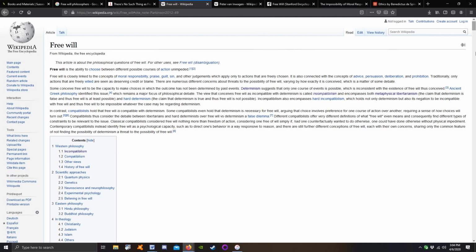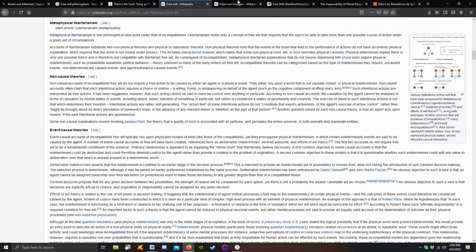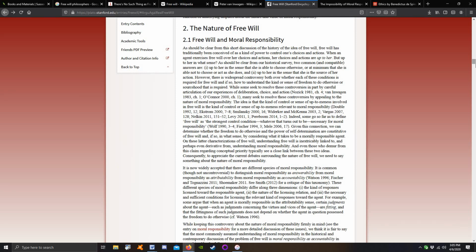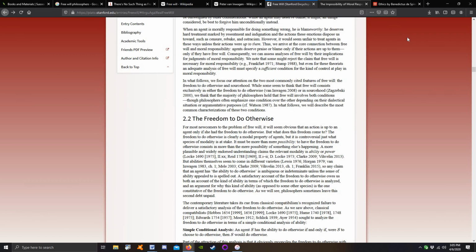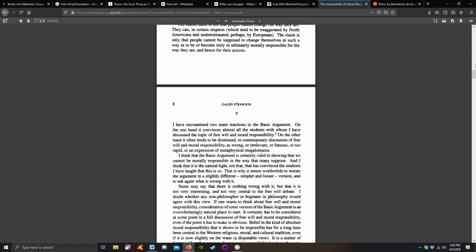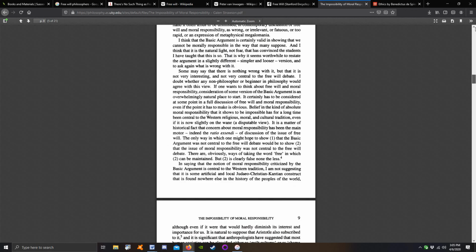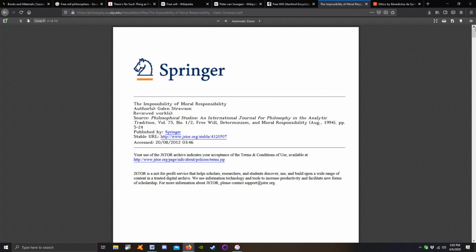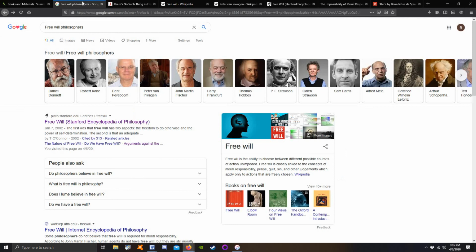And trust me when I say it's going to be so much easier to actually write your paper when you know what you're talking about, when you've done the research, when you've seen all the different positions that are at play, when you have recognized all the different philosophers who have weighed in on the subject, when you know that Van Inwagen is on one side while Galen Strawson is on the other, and when you've read their arguments and can decide for yourself which one you believe the most. There's no cheap and easy way to do that. But trust me, this is the easiest way to get to that spot, to become knowledgeable,